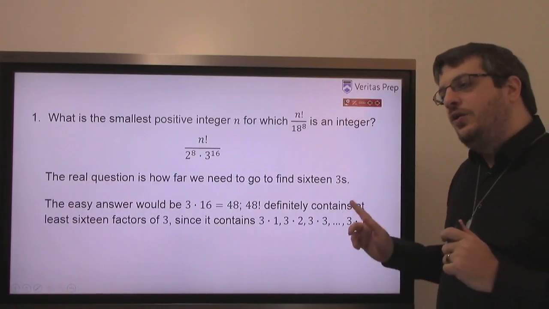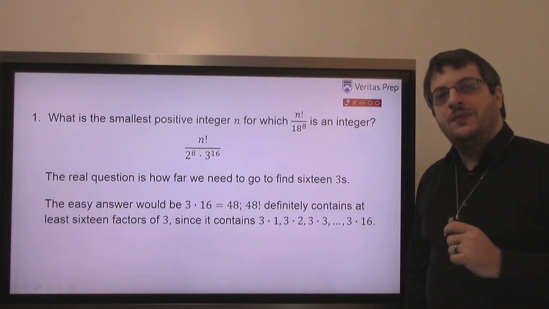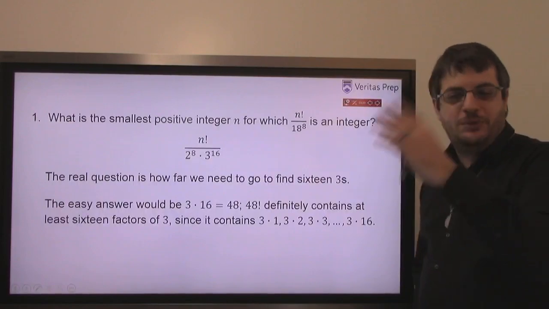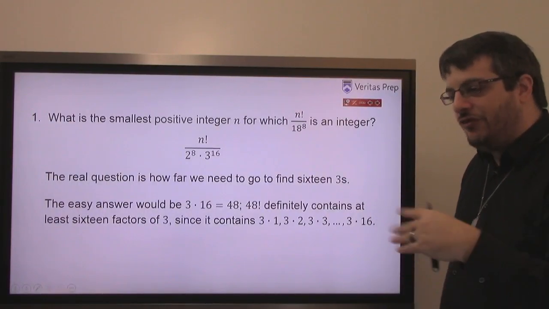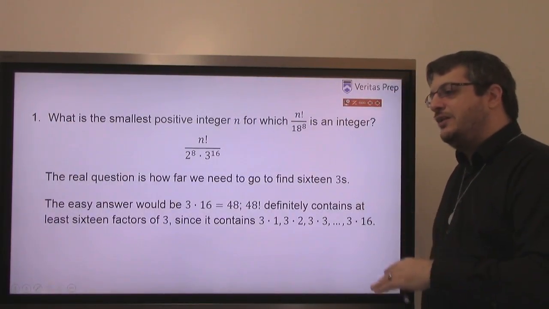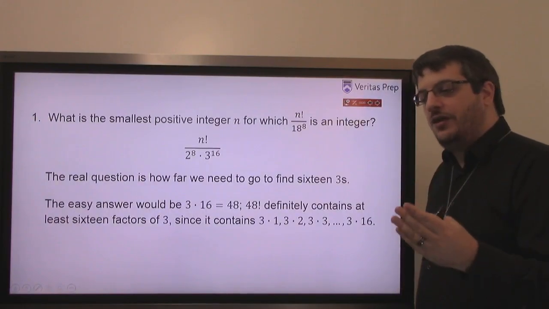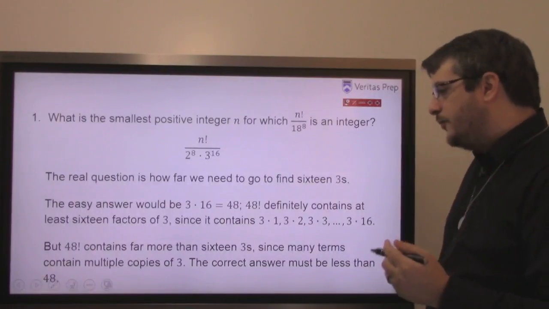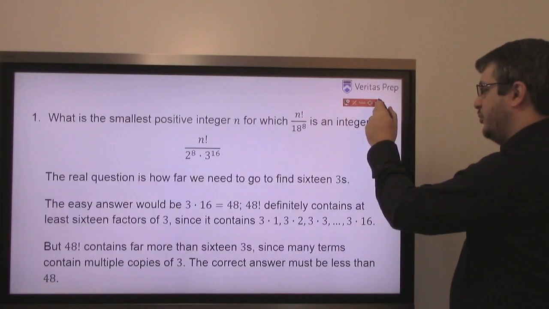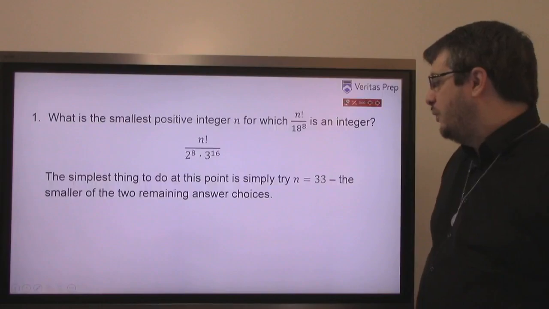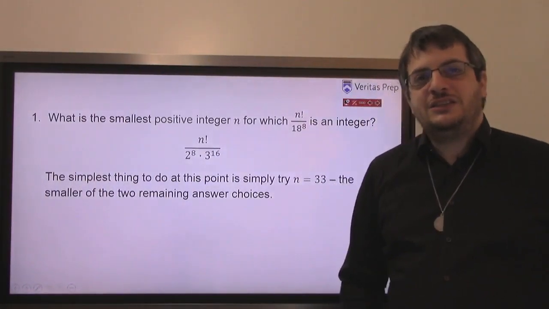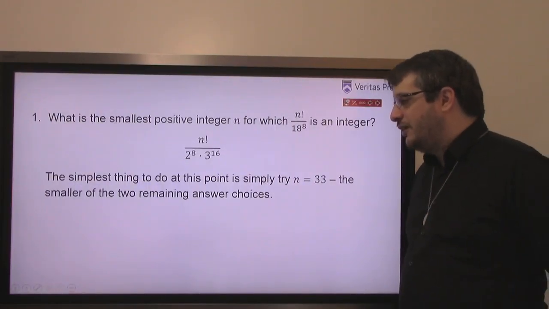But now that I know that 48 is too far, that's actually good. I've only got 2 choices left because there's 48, and a couple things bigger than 48. Those are ridiculous. I've definitely got enough by 48, but I really only need to go back and look at the other 2 answers, 33 and 36, because the right answer must be way less than 48. So maybe I'll just try one of them. I'll try 33. There's only 2 answers left. Can't be that hard.